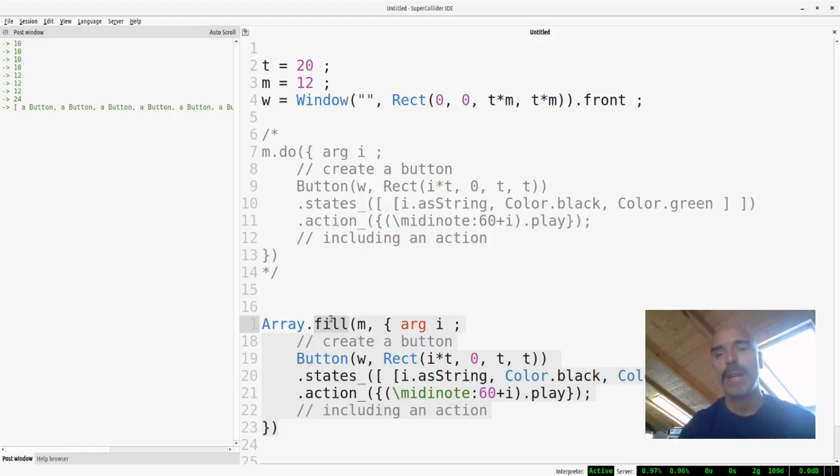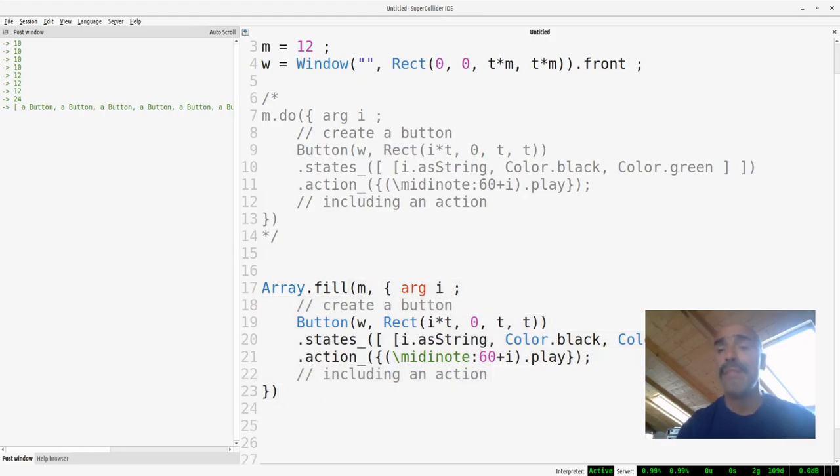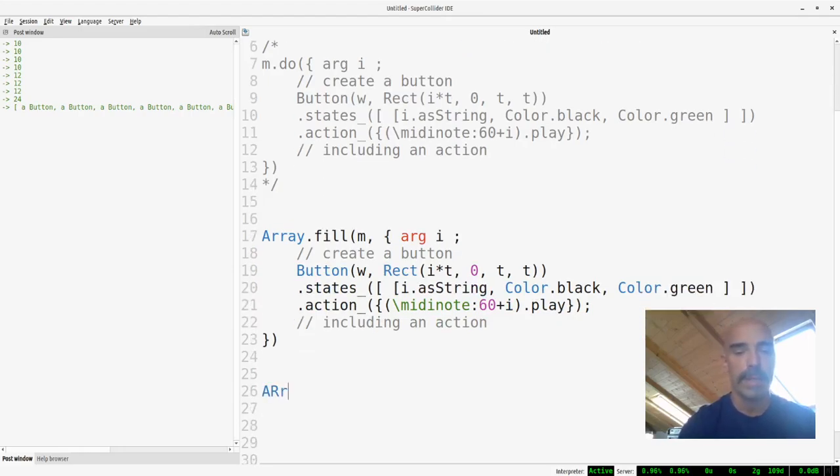Fill is a generic filler for an array, in which we can define the size of our array, and then specify a function that will be evaluated for all the elements of the array in order to compute the value of the element. That said in this way is complicated, but let's